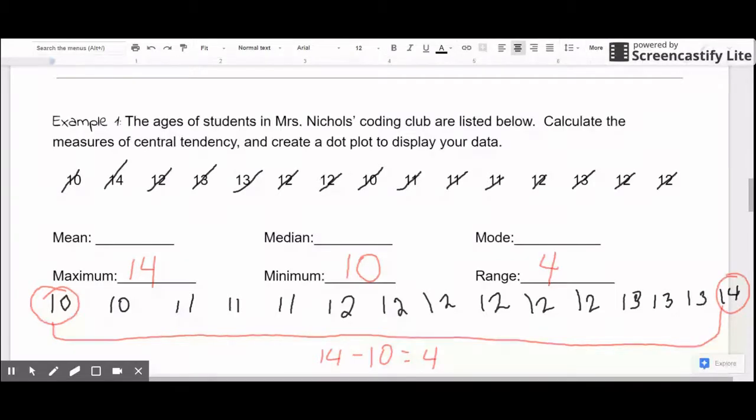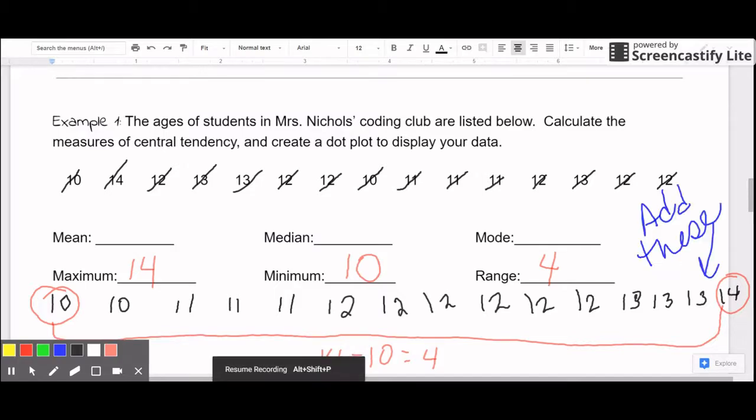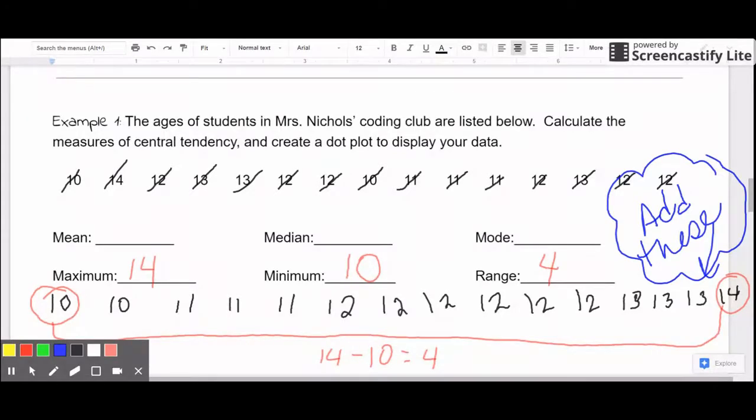All right. I need to calculate the mean, median, and mode. Let's do that in this order. So take a moment to add up all these numbers. When I added these numbers, I got a sum of 178. To calculate the mean, I need to take 178 divided by however many numbers there were,